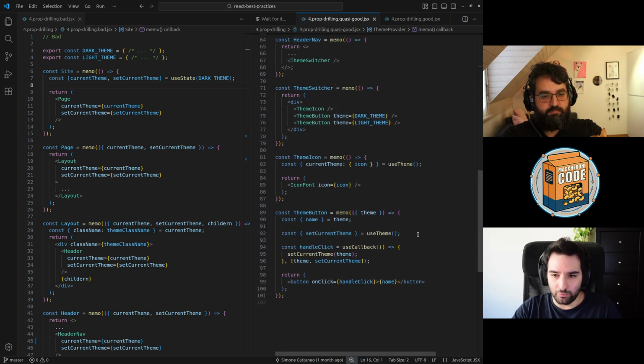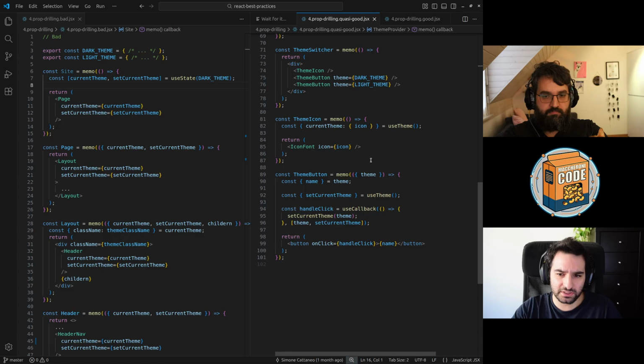Good. So, moving on, did you notice some unnecessary rendering in some components? Well, I guess that both the team icon and the team button are subscribed to the same context. So when the current team changes, the buttons are also re-rendered, despite the fact that they don't use the value, but only the setter. Yeah, exactly. But let's optimize it further.